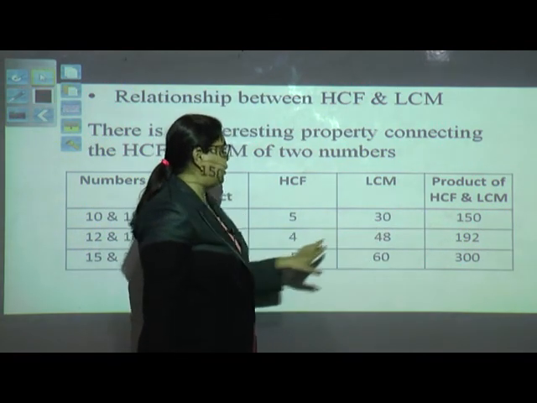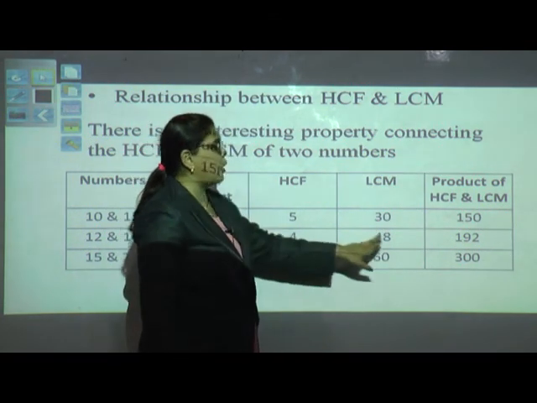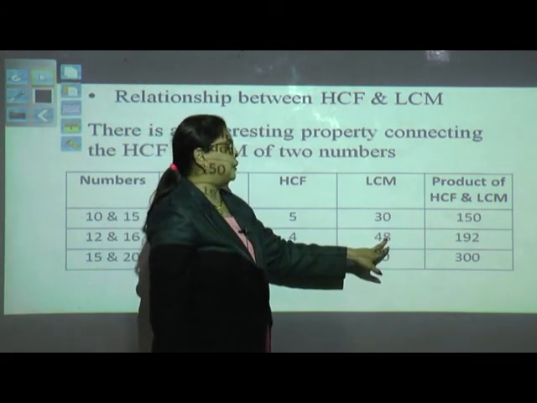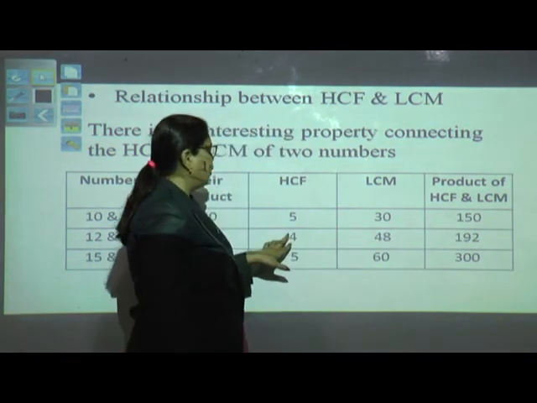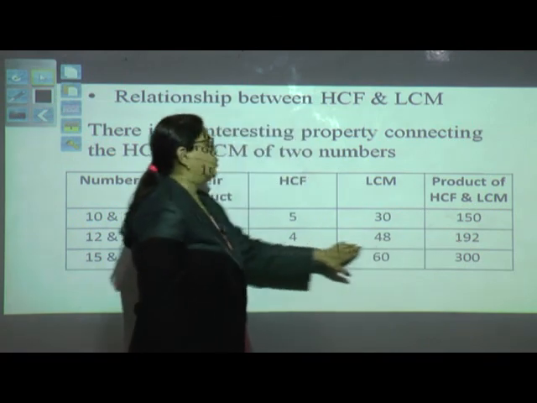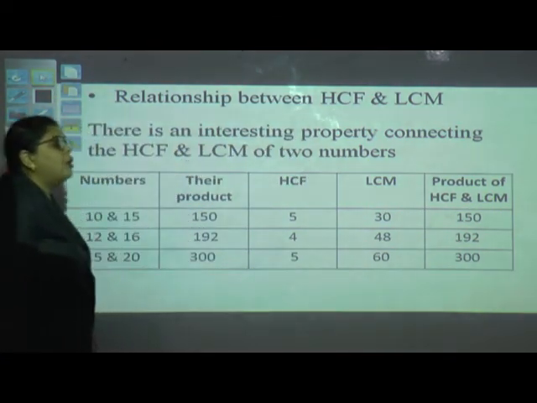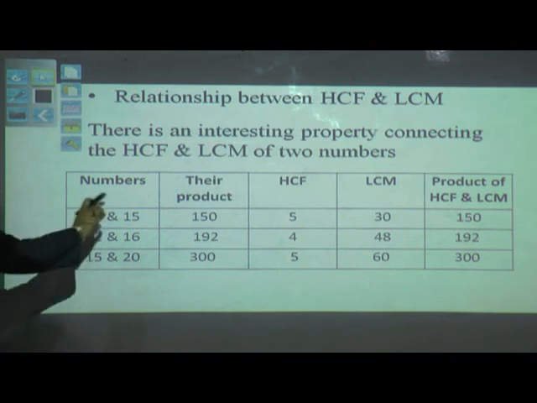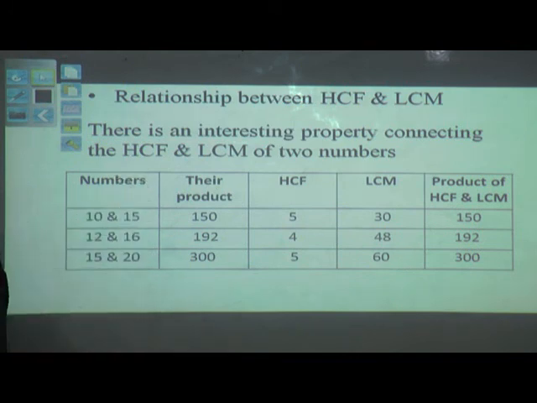5 3s are 15. Here you can multiply 4 to the ones place, that is 8 ones. 4 8s are 32, write 2 here, 3 carry, 4 4s are 16, 17, 18 and 19. So there is no need for going into a long multiplication. You can do the multiplication directly here and you can find out the relation between the HCF and LCM that we had learned. The product of the numbers and the product of HCF and LCM are both very similar.